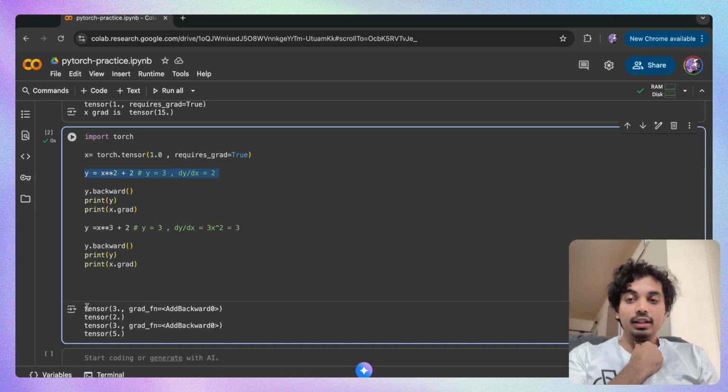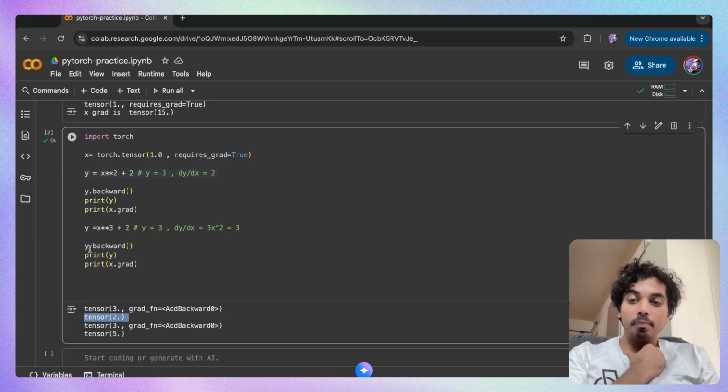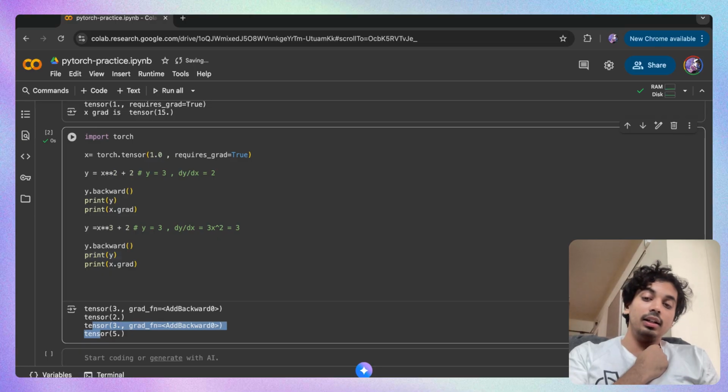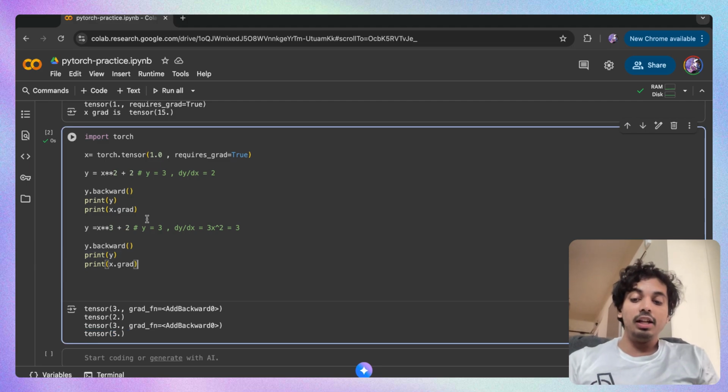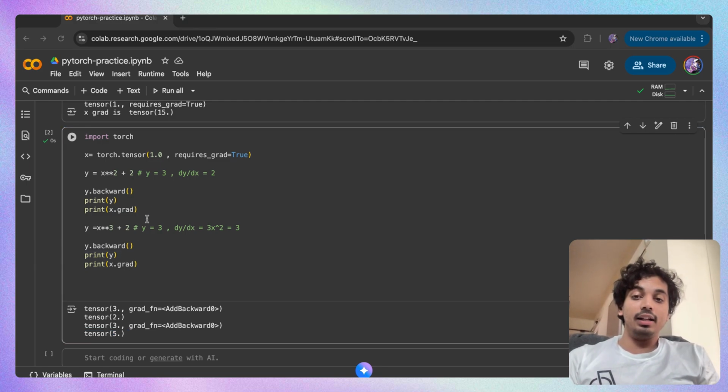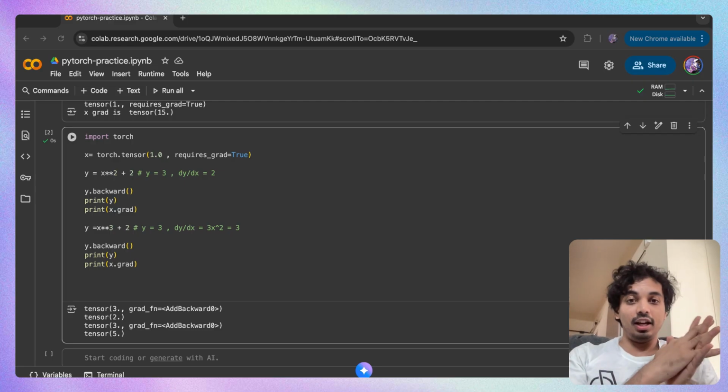Are we getting the function 3, print y? Yes. Are we getting the gradient first? Correct. For the second one, when we are printing y, we are getting the correct value, y is equal to 3. But we are not getting the correct gradient value. That's because the gradient keeps getting accumulated. And that is precisely why we must zero the gradient first. You have to be careful. Otherwise, it will keep